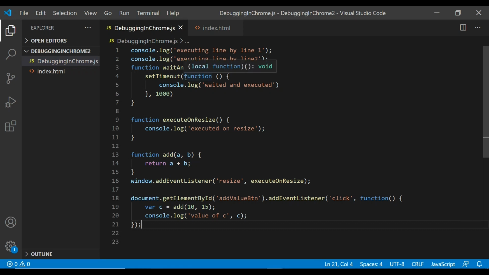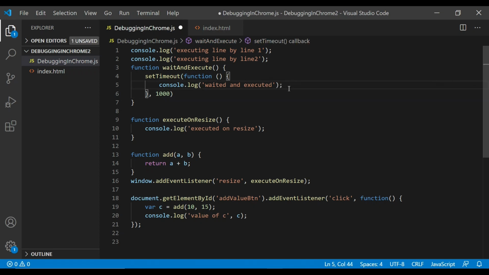So guys, you know that in JavaScript if you write any code, it executes line by line, right? So as you can see here, it will execute first your console.log for this first line and then for this second line, okay, and so on. But there is some code which does not execute line by line. So here is one example.